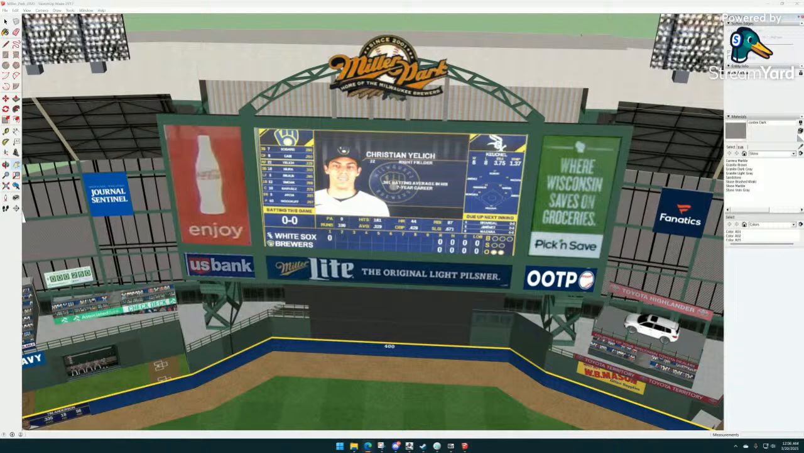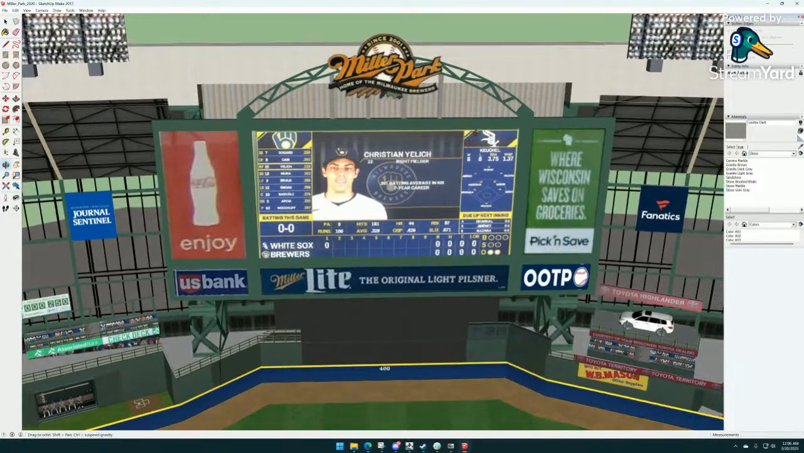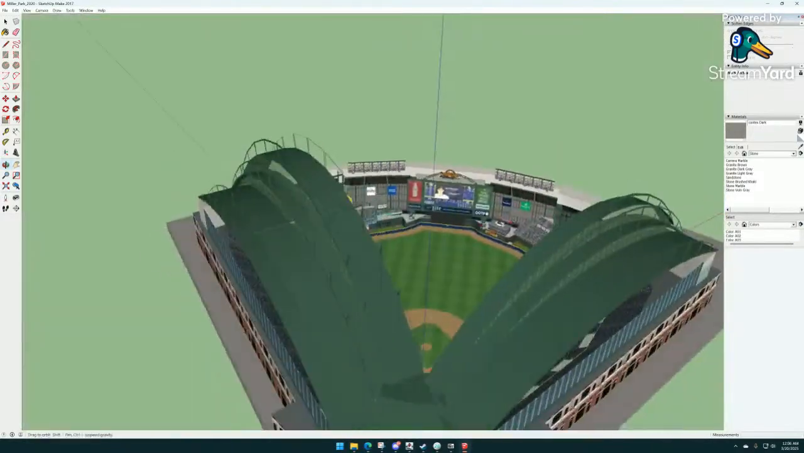I know there are instructions from Joran Guderian from Out of the Park Developments on how to do it, but it took me a little while to figure out how to do it and to be able to update my parks for it. So what I'm going to do here is just run through how to do it. Hopefully it'll help. And what I'm using here is my version of Miller Park that I created in SketchUp